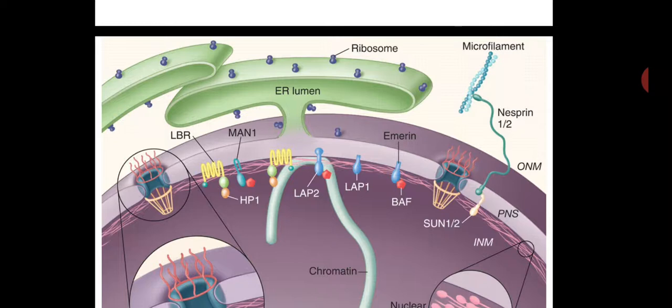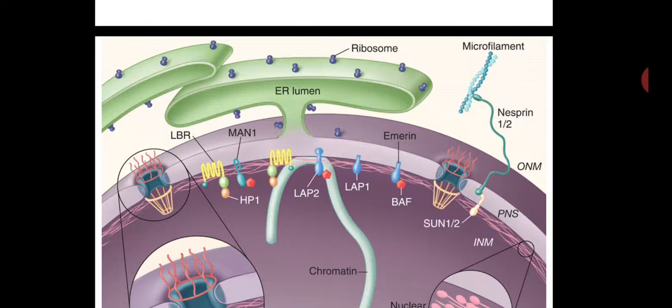They cannot diffuse through the pore complex. It is not possible. Proteins up to 60,000 molecular weight can pass through the pore complex, whereas macromolecules above 60,000 can be imported and exported through the pore complex by